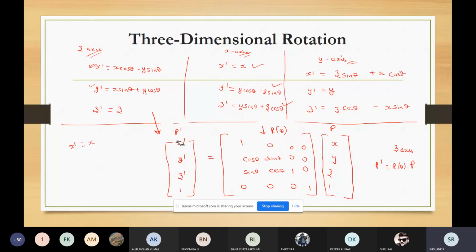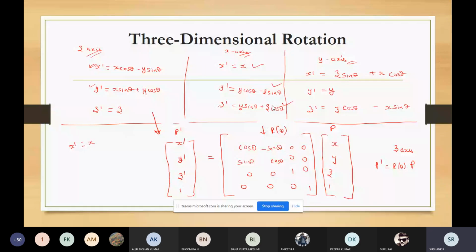So for one matrix we have written, right? I have written the matrix along the z-axis: cos theta, sin theta, this is sin theta, cos theta, and the rest is 0, 0. I'll just check the rotation matrix for x-axis and y-axis. You can derive it in cyclic order. I'll just check the matrix representation, how this R of theta will be represented for x-axis and y-axis.